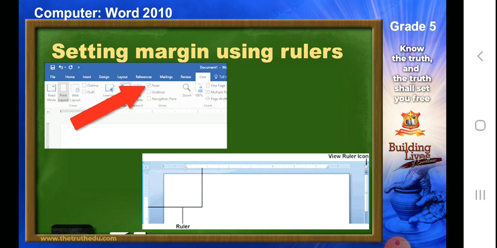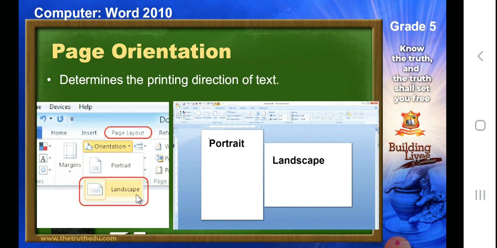Now to change the margin setting, let's say for the right margin, you place the mouse pointer on the right margin boundary. The pointer changes to a two-headed arrow, one facing the right side, the other facing the left side, which is called the margin marker. This will determine how much margin you can leave. You just have to drag the margin marker to the desired location, and the margin will get applied.